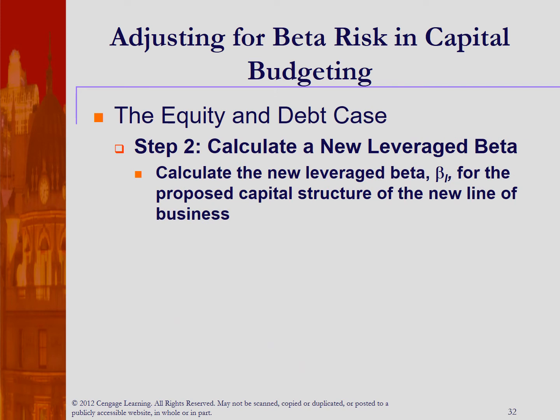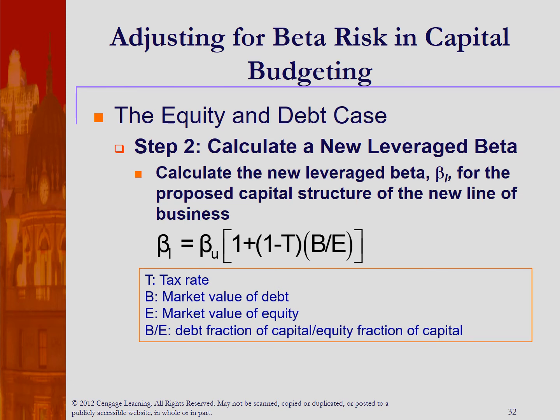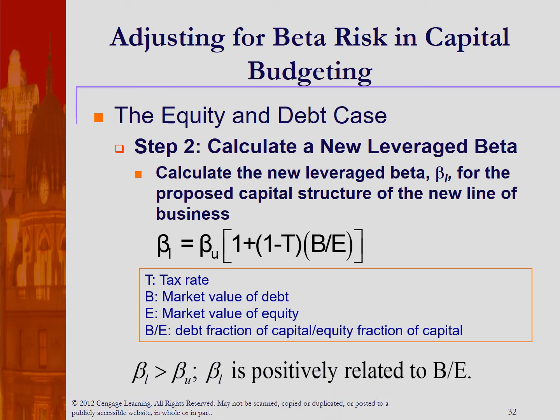Now, because the project is going to be financed with both debt and equity, the beta should reflect the financial risk consistent with the capital structure proposed for the project. So, we have to obtain the leveraged beta. Here is the formula to calculate the leveraged beta by using the unleveraged beta and the proposed capital structure for the project. Note: the leveraged beta is larger than the unleveraged beta, and the leveraged beta is positively related to